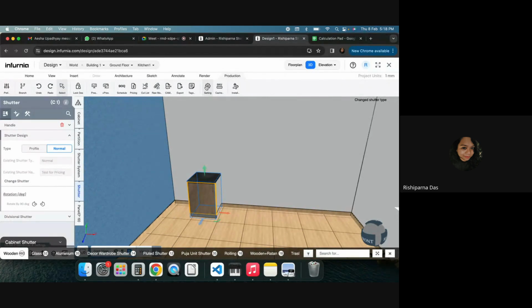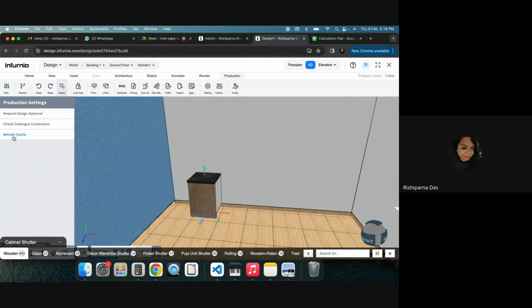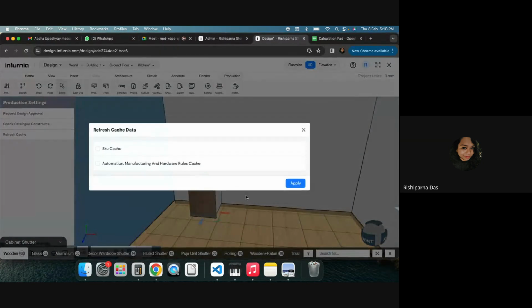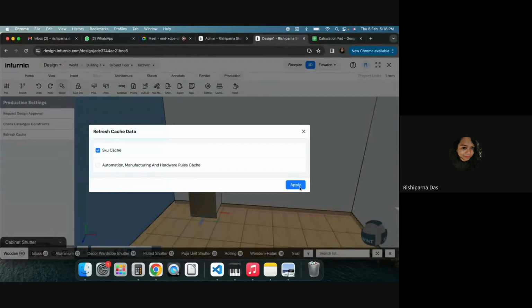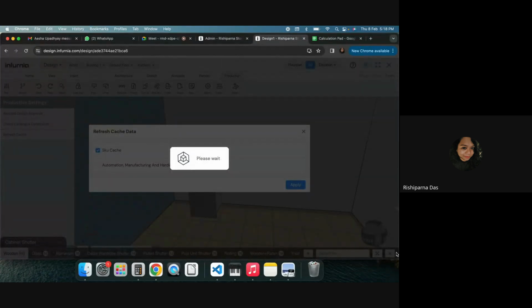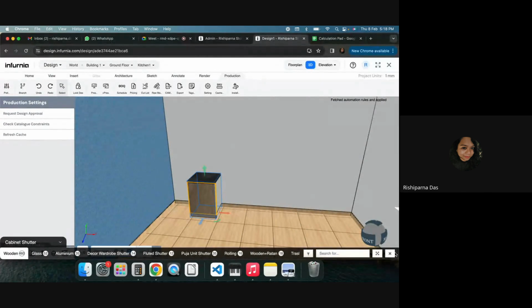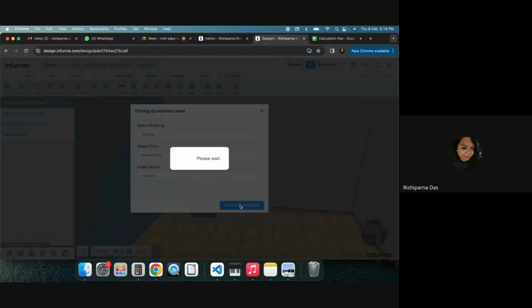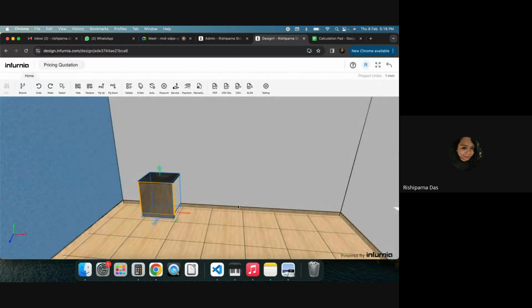I'll also go into production and cache the design so that the latest update we have done in terms of pricing is updated here, just like we did earlier. Once you set the price for your entire catalog, you don't have to cache it again and again. This is just because we are making multiple changes and trying to show you. So when I continue on the pricing here,